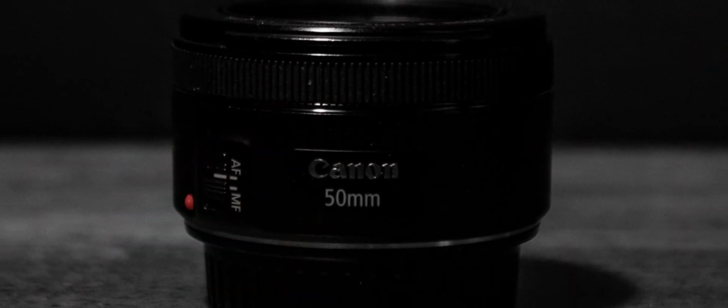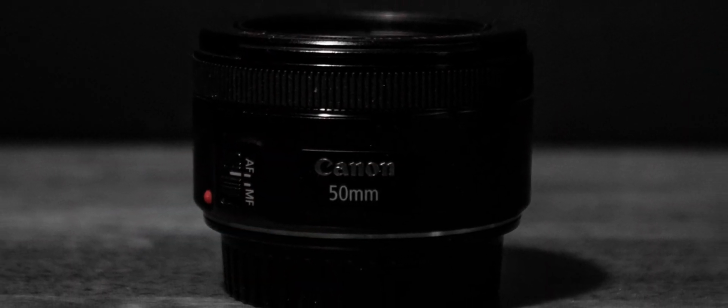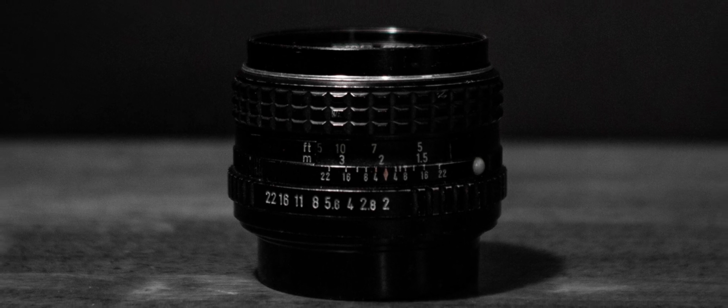Specifically, a company called Sigma has been leading the charge in creating more affordable versions of previously exclusive lenses, and ultimately driving competition. But lenses in terms of their size and optics haven't really changed. Take a look at this Canon 50mm f1.8 compared to this Pentax 55mm f2. The lenses